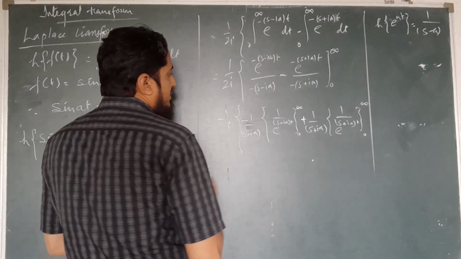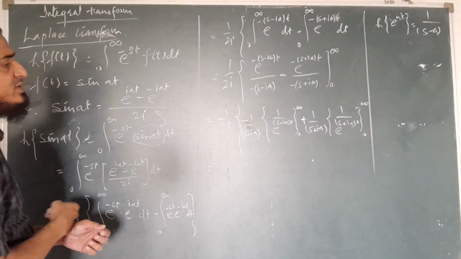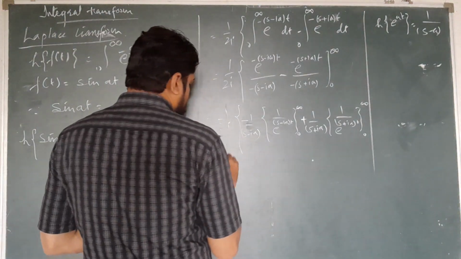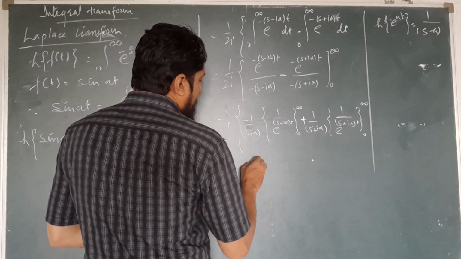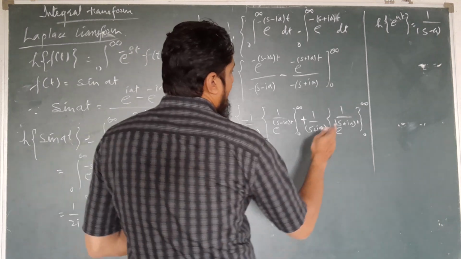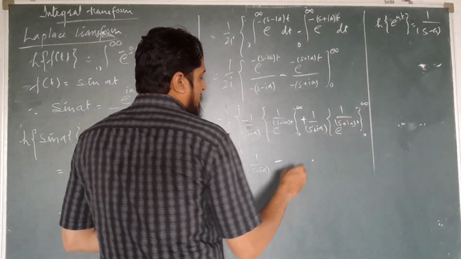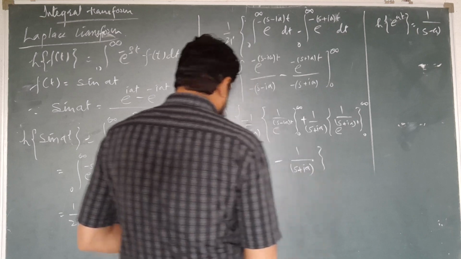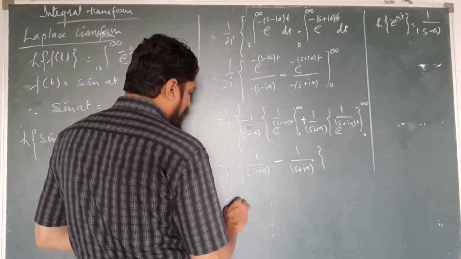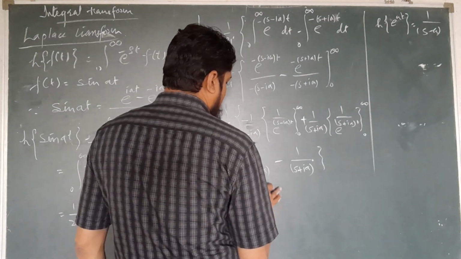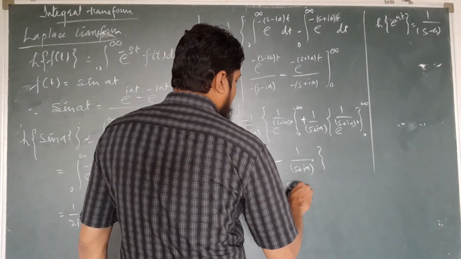Whenever we put infinity it becomes 0, and whenever we put 0, we will get minus 1. So we will get 1 upon 2i times (1 upon s minus ia minus 1 upon s plus ia). And after simplifying, you will get 1 upon 2i times ((s plus ia) minus (s minus ia))